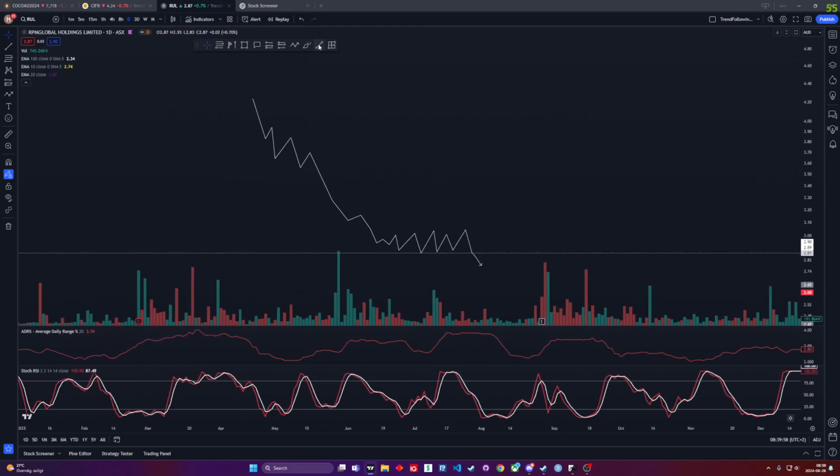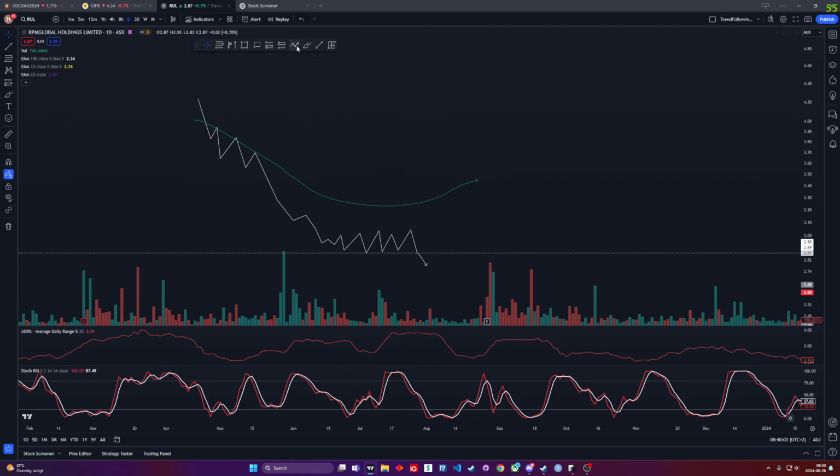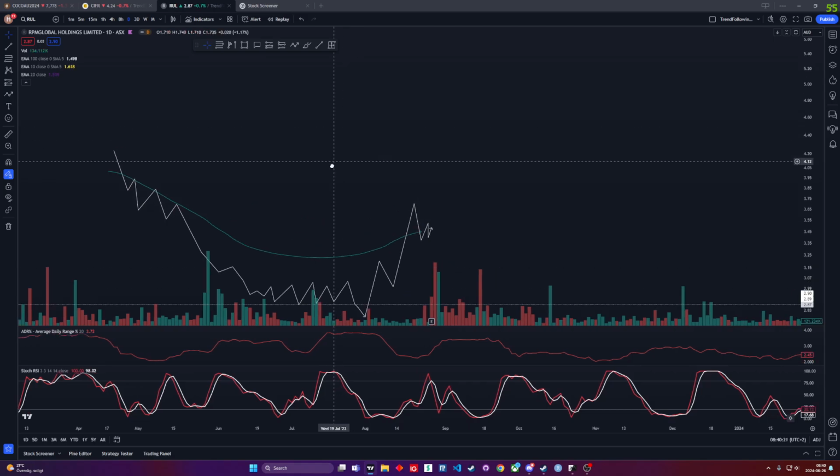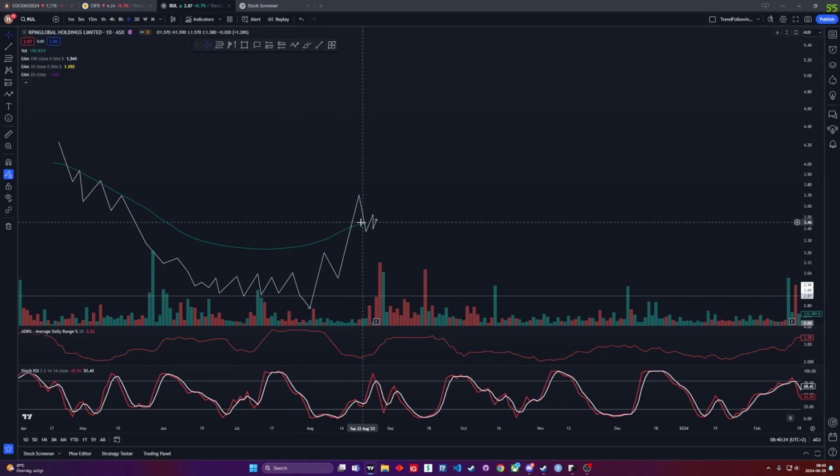And then what happens, and we have a moving average here. Let's say it's a 100 moving average. Eventually the stock is going to rebound, recover, and establish above this moving average. Now that's a pre-reversal. This is what you want to look for when you trade stocks. You want to look for the reversal because the stock might just go up a bunch. So it establishes over the 100 EMA, and then what you want to do is